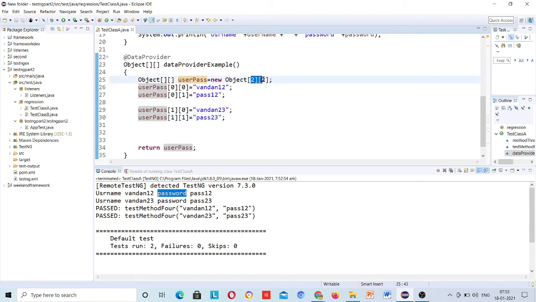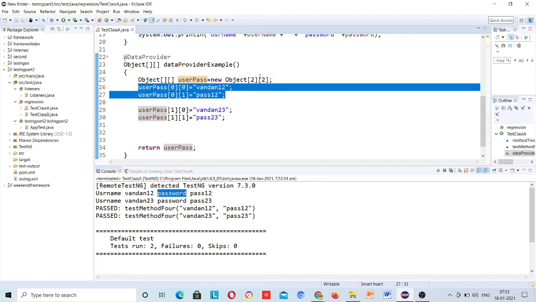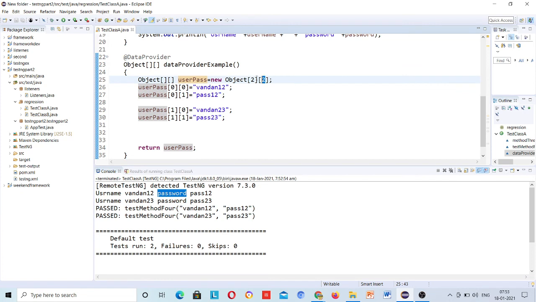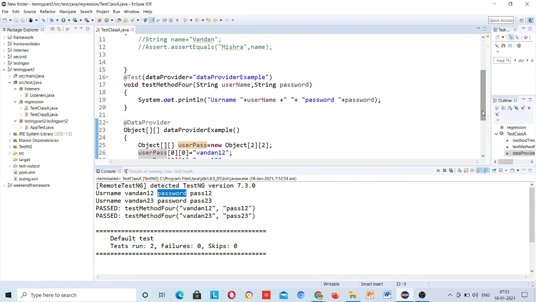So array size is 2, 2 sets of values I have given here, and every set has 2 values, username and password. This is not like user row and column. Okay, so this is about the data provider annotation.